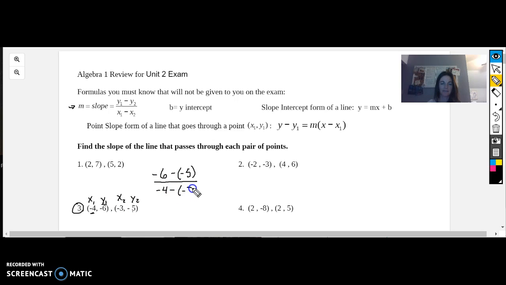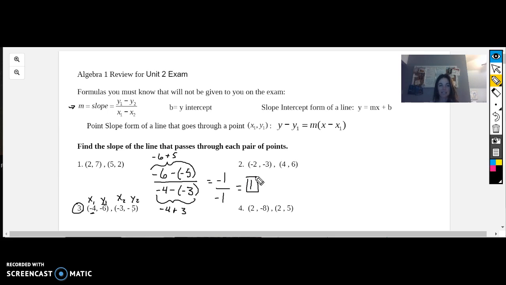minus a negative 3. Okay, so when I have minus a negative, this is going to become negative 6 plus 5, and this is going to become negative 4 plus 3, okay? So now I'm going to have negative 6 plus 5 is a negative 1 over negative 4 plus 3 is negative 1, and guess what? These two negatives cancel out, and I'm left with a slope of positive 1 out of all those complicated numbers,